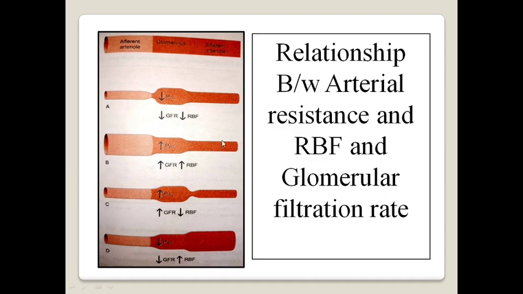So this is the relationship between arteriolar resistance, the resistance the blood feels here and here. Because of the change in resistance, this is how renal blood flow and glomerular filtration rate change in the kidney. So you can say the renal blood flow can be auto-regulated with the help of the change in resistance in the vasculature of the glomeruli, the peritubular capillaries, vasa recta, etc. So that is the auto-regulation of renal blood flow.